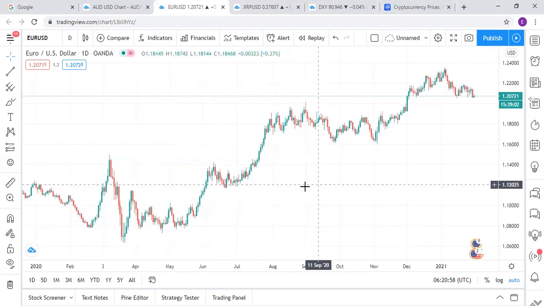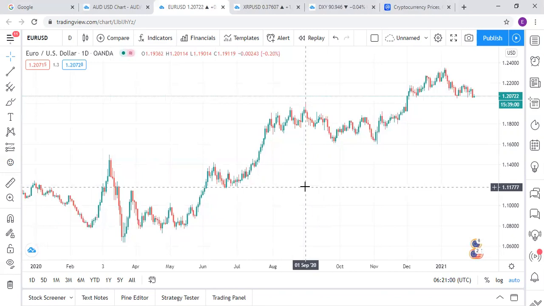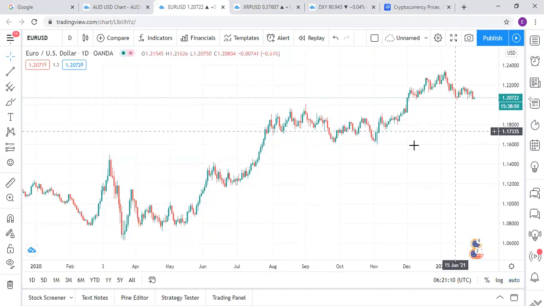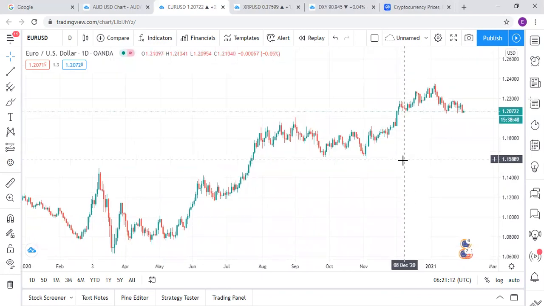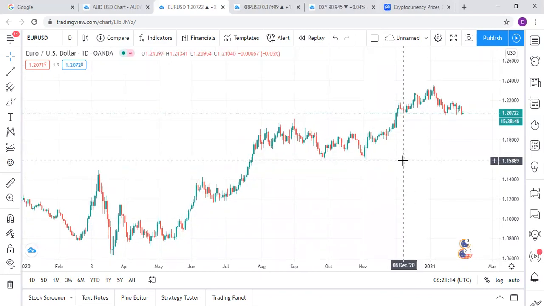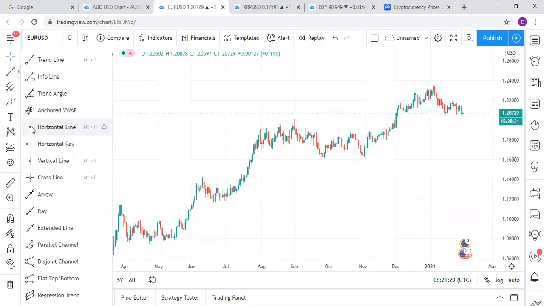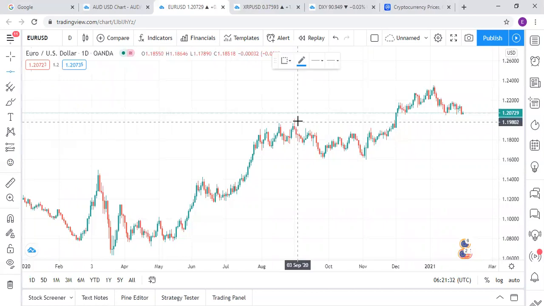Now, if you look at Euro USD, let's look at it on the daily. There's something I also look at, which also helps my trading, and that is market structure. Even on the higher time frame, do we have a break of structure yet? That lets me know if the trend is about to change or if it's going to continue. So for Euro USD, if you look at it, we will see that